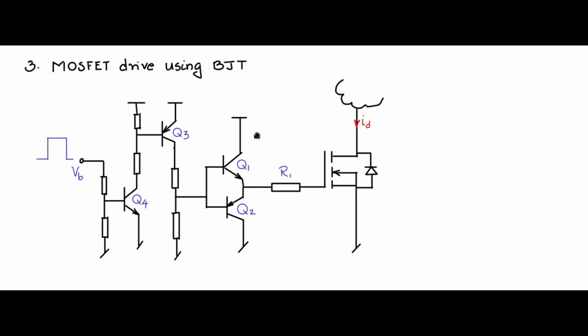So once the Ig plus is very large, you can charge up, you can give the gate charge for the gate capacitance of the MOSFET in a very short time. So the turn on times can be really small. Likewise, the turn off times can also be really small because you will be discharging through these high current devices. So this is a high speed MOSFET gate drive circuit using BJTs.